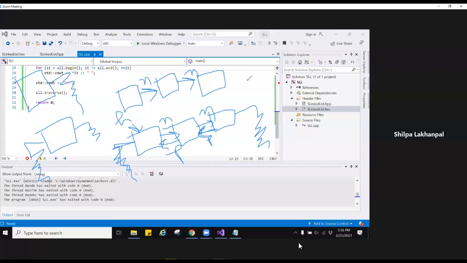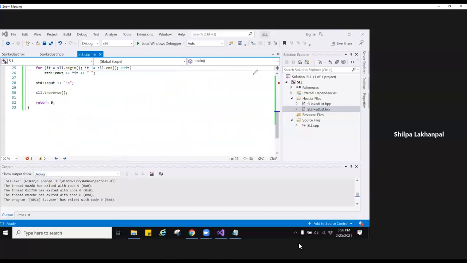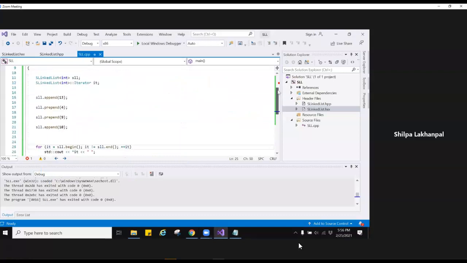Now, there are two ways you can implement a doubly linked list. Either just the regular way where you have each node going to the next, and then you have a previous, and then you have this and this and this, and this is head and this is tail. This is a regular DLL implementation.